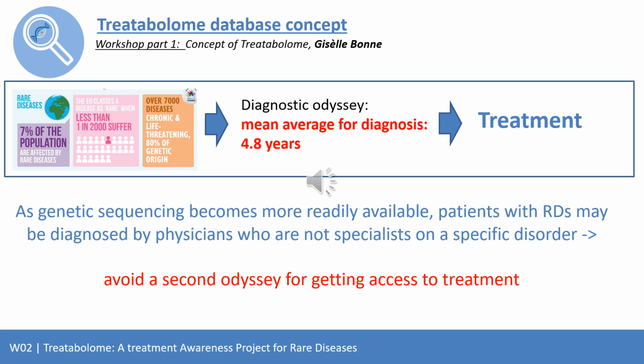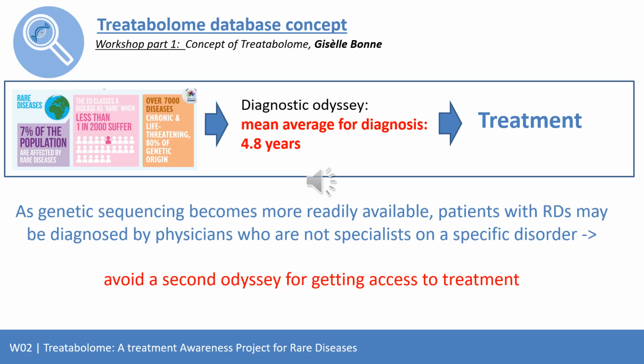So this diagnosis is of course crucial for accessing proper treatments, which could be useful to prevent the progression of the disease, to help on managing symptoms, and also, of course, in less number of cases, but they also exist, curative treatments. So fortunately, with the next generation sequencing era, genetic sequencing has become readily available, and patients with rare